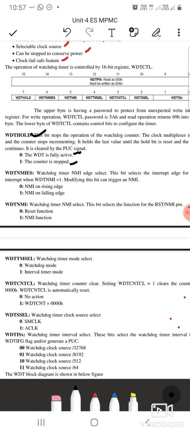And then you have the WDT NMI edge select, NMI being non-maskable interrupt. With the watchdog timer NMI edge select, you can select the edge, like a rising edge or falling edge: 0 to 1 is the rising edge, or 1 to 0 is the falling edge. You can select the edge at which your NMI interrupt can occur with the help of these bits. 0 at the rising edge,